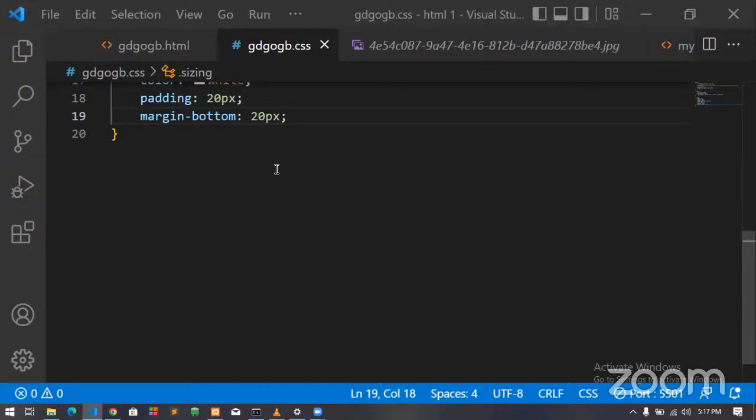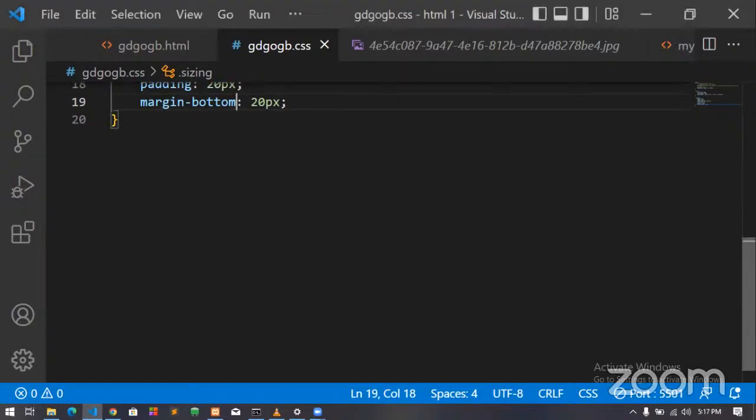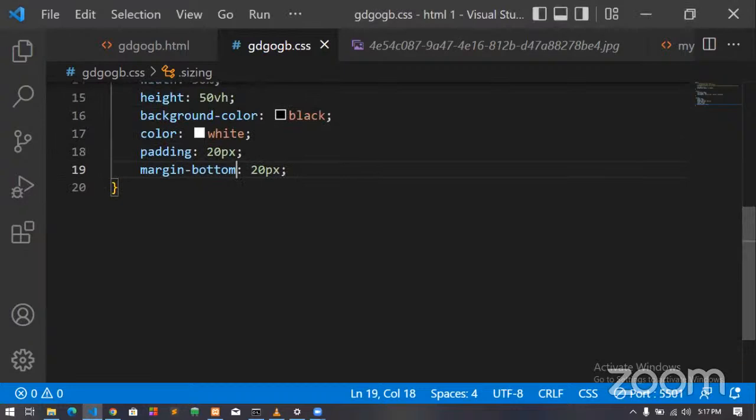So that's the concept. Let me quickly chip in the concept of border before we go into position and display. To be honest, CSS is so huge.